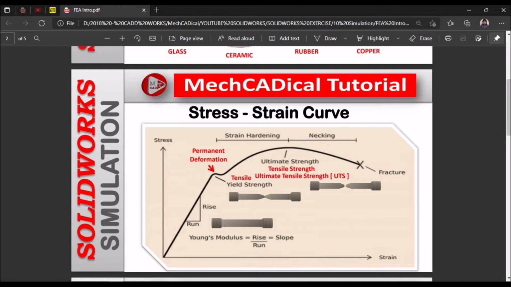So the linear slope is where the material doesn't deform permanently. So there is a uniform thickness on the material cross section. So when it reaches tensile yield strength, or simply yield strength, it starts deforming. So yield strength is nothing but the maximum stress where a material starts deforming permanently. That is called plastic deformation, and it is measured in Newton per meter square or pascals, or we can use